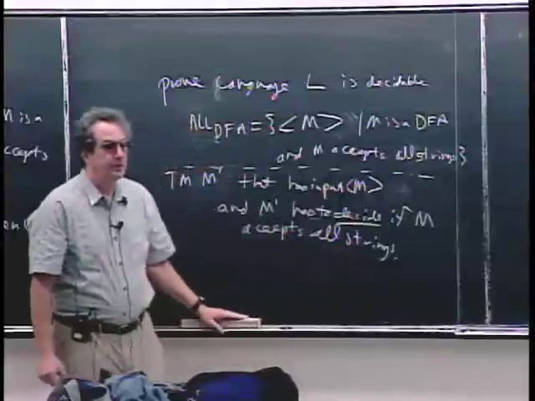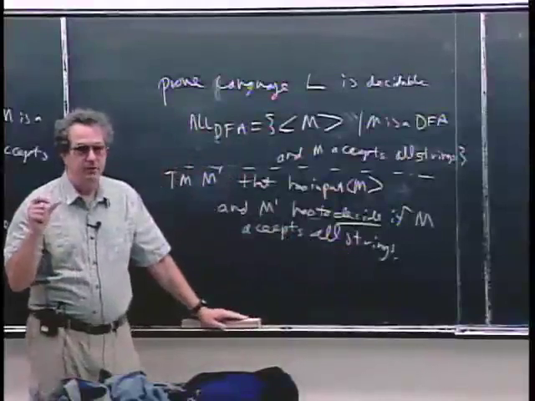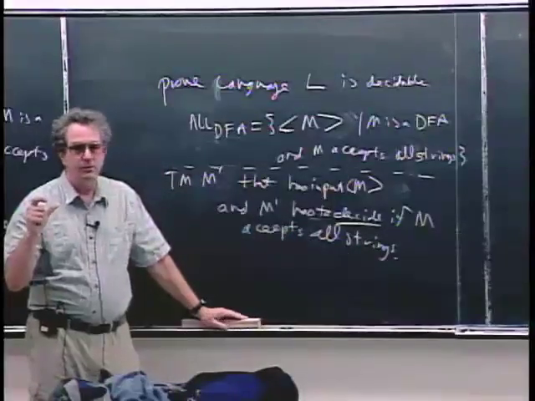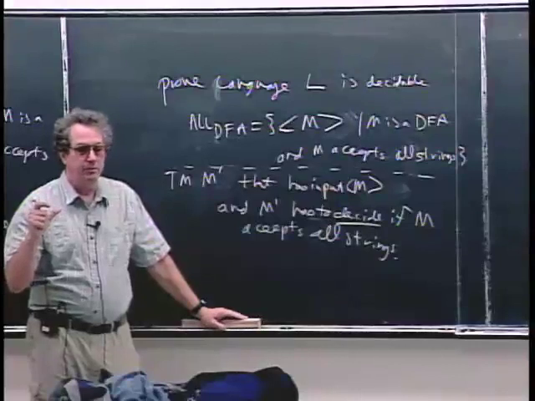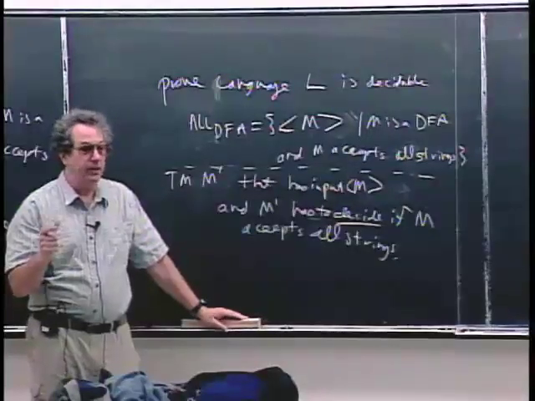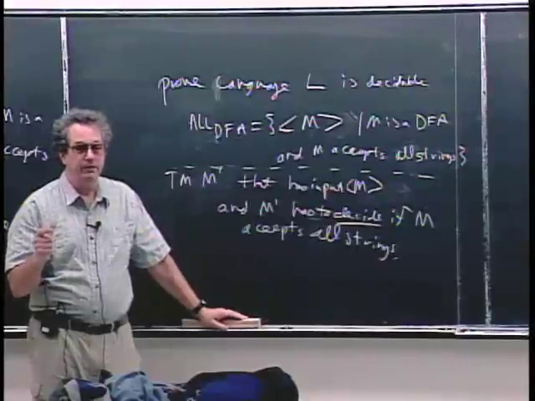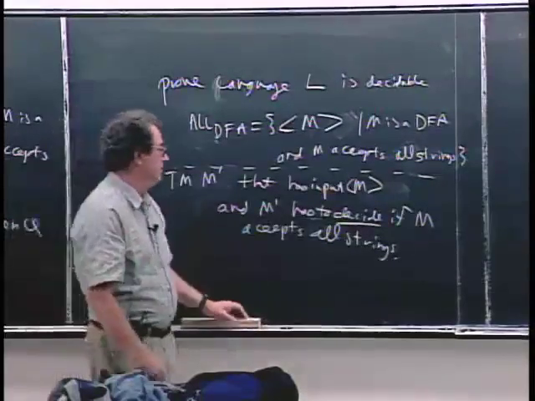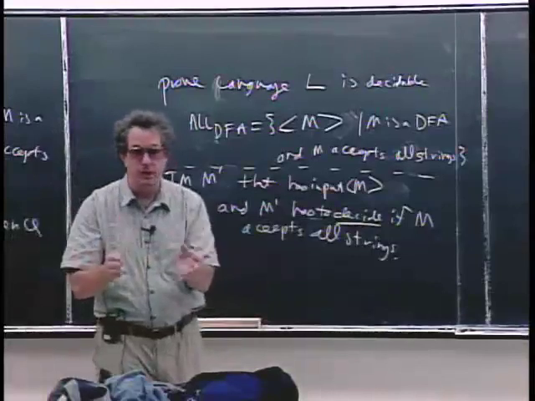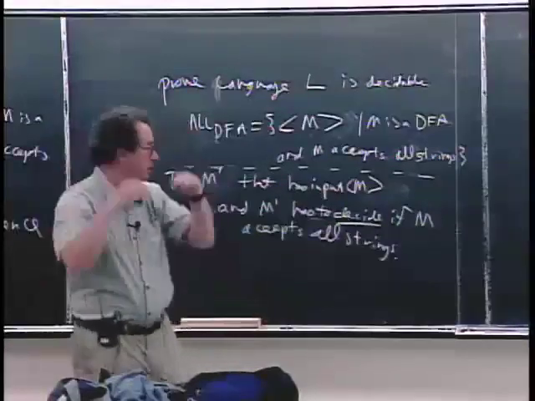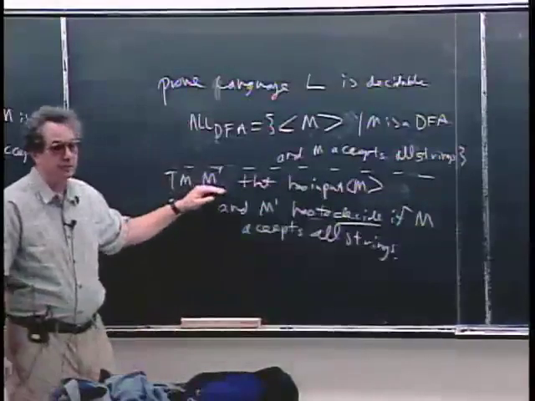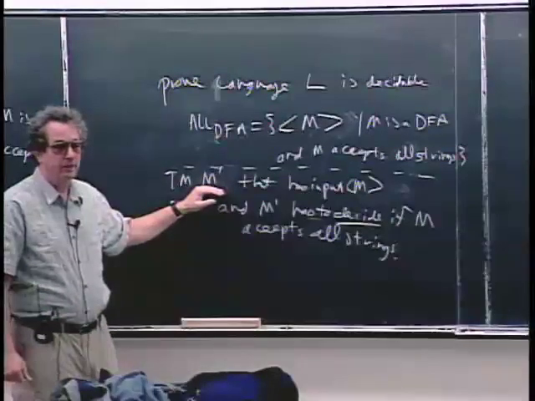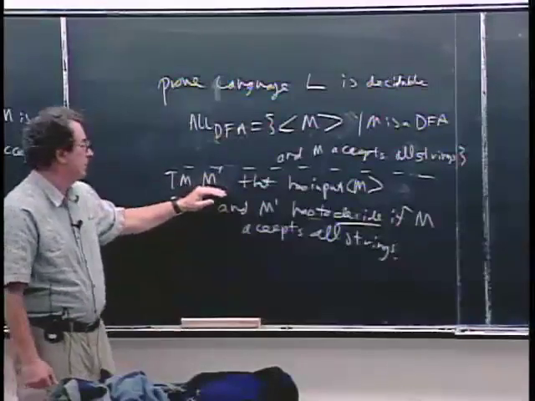Okay? And so you have to think about how you, if you were given a DFA, would look at that DFA and decide whether or not that DFA accepts all strings or not. But once you see the idea of how you might do it, then you have to encode that idea into a Turing machine that can do that same thing. Okay? But my main point is that